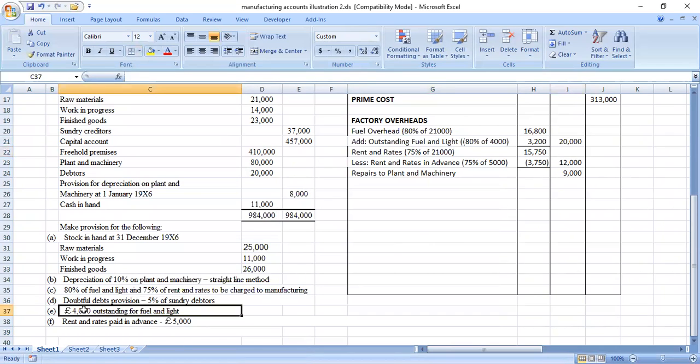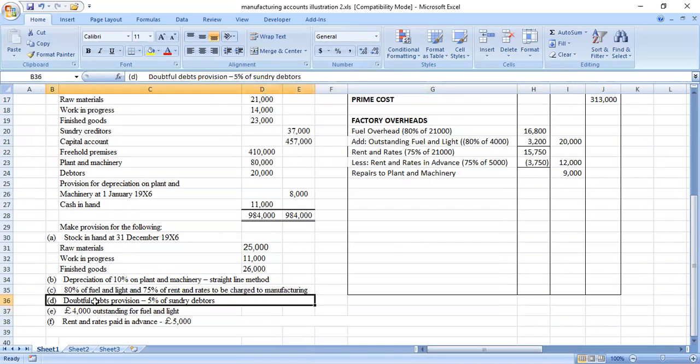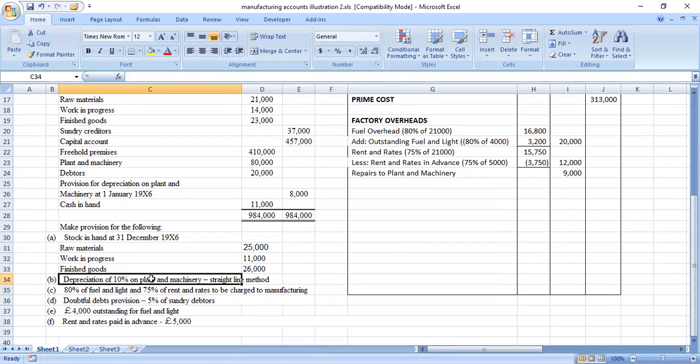So the other item that you may have left is outstanding rent and rates, outstanding provision goes to other expenses, fuel and light, hiyo tumeweka. Depreciation of plant and machinery is a factory overhead, hiyo lazima pia